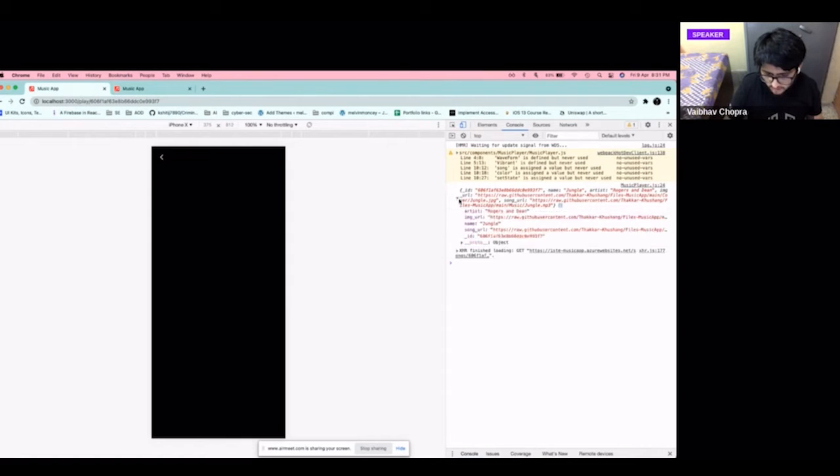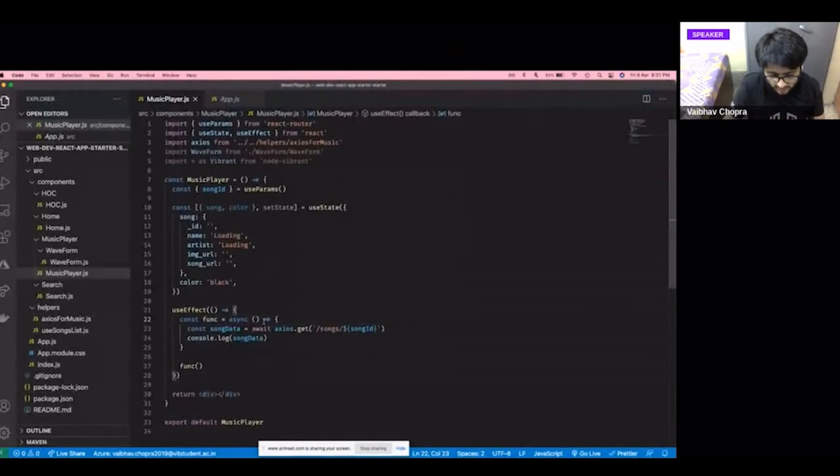So after the fetch completed, I only have the data for this song. The Rogers and Dean is the artist name and Jungle is the soundtrack. I only have the data for that object because we defined this particular song route in the backend. If you remember, if you give slash song slash the song ID, you only get that particular song.